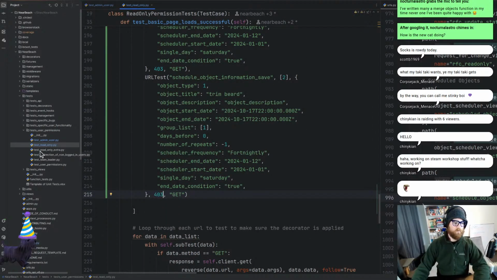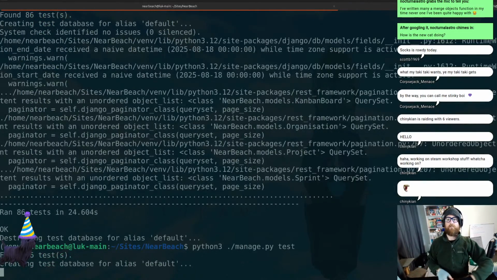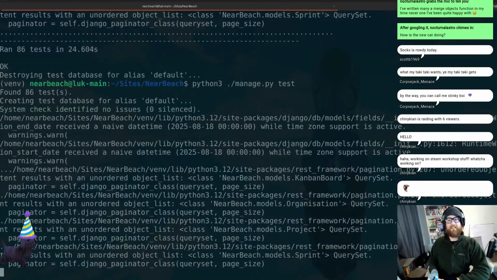All right, cool, sweet. I'm going to test that because if I make a mistake, I don't want to try and figure out which user the mistake is on. So yeah,